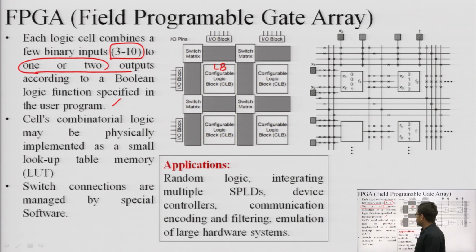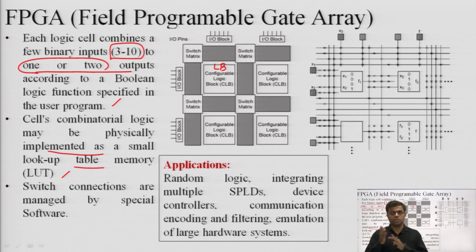And the cell's combinational logic may be physically implemented as a small lookup table memory. Lookup tables are like the tables in the last pages of our mathematics books, the appendix part, for log tables, sine cosine tables, inverse tables, anti-log tables. Those tables were already there in our books, and we just need to look into the table to obtain the value. This is where the term lookup table is introduced. We just need to place the value from the table and the function will be implemented. We need not understand how the value is generated; we simply look it up and implement it, a simple copy-paste type thing.